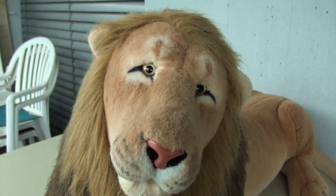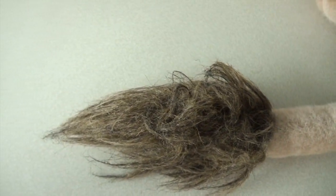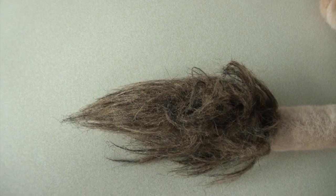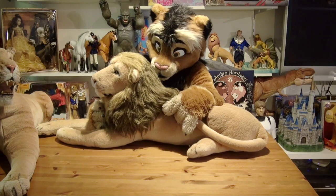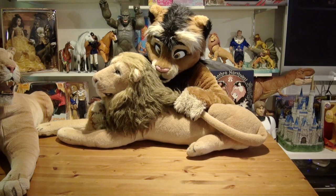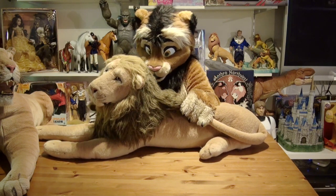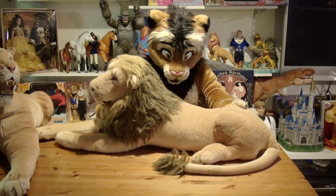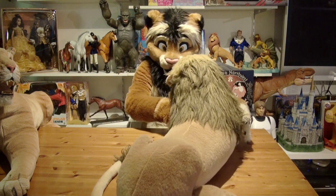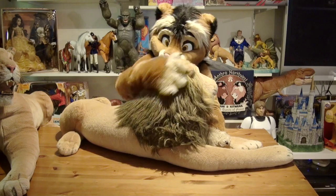The tail is very nicely stuffed and very appropriate in length. That's very good to see. Solidly stuffed and ends in a brown tuft, which is actually the same type of hair that was used for his mane. That's really good. And speaking of his mane, when I turn him around from the right hand side, you can see that big, beautiful mane